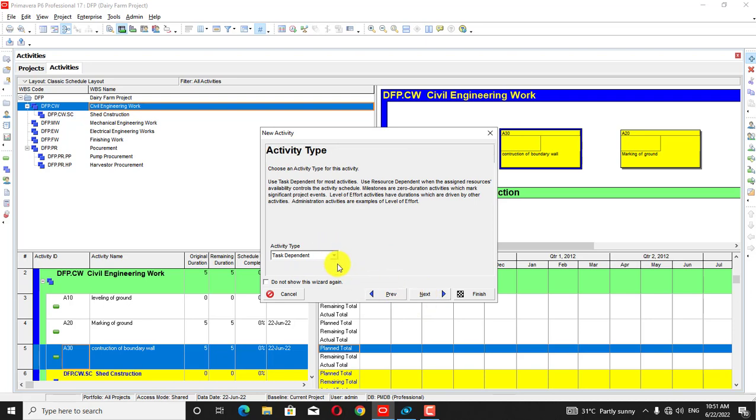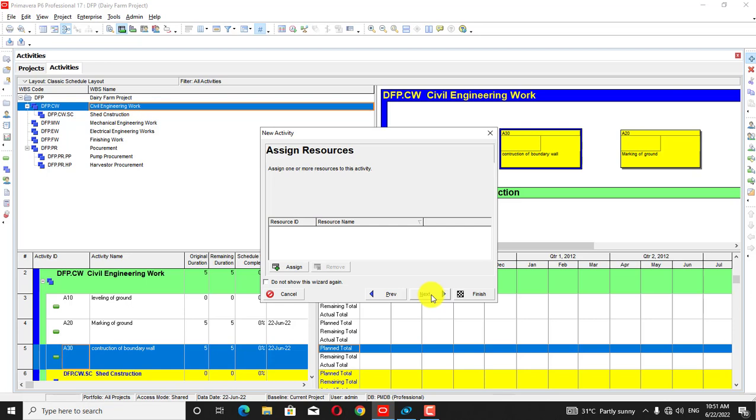Next, it is a task dependent. First of all we will level the ground and marking of the ground is dependent on leveling of ground. Similarly, construction of boundary wall is dependent on marking of ground. So I will press next, and